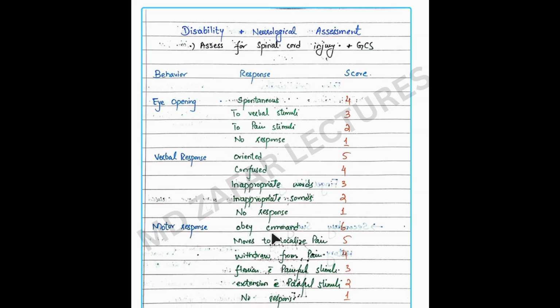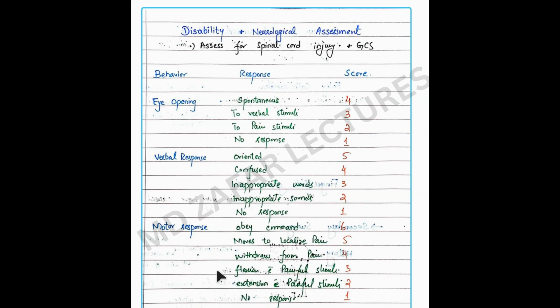If the patient is obeying the command, then we will give them 6 points. But if they move to localized pain, then 5. If they withdraw from the pain, then 4. If there is a flexion response to a painful stimulus, that is, if the patient is being pressurized or pinched